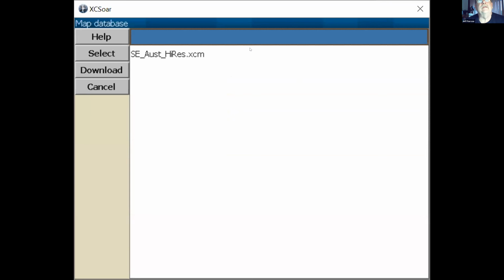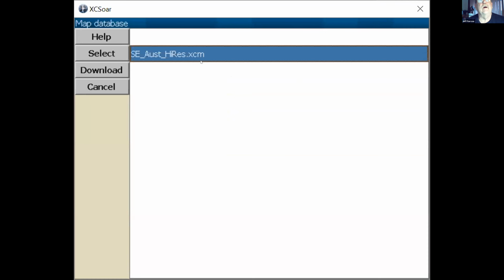The map database, in this case, I've got Southeast Australia. That contains both terrain, the height shading, if you like, and topography, all the roads and towns and lakes and things like that are all built in there. The XCM file is actually just a zip file.